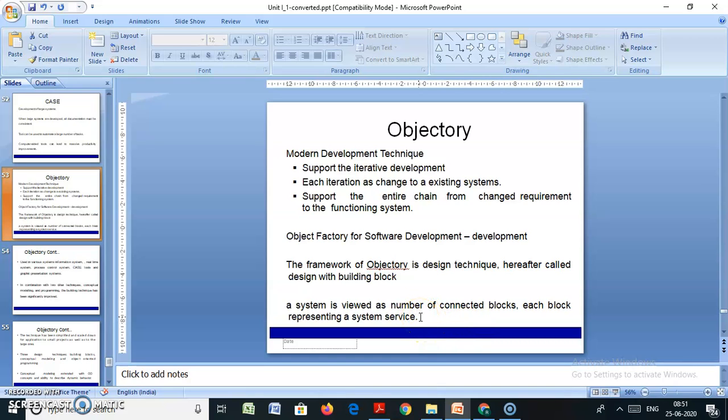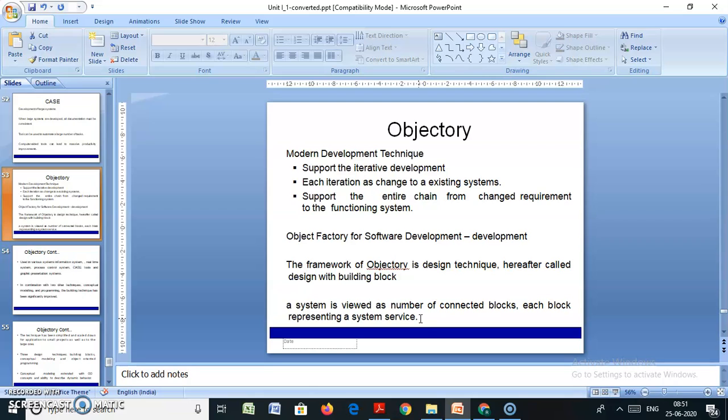We can specify all the requirements, that is, functional requirements and non-functional requirements, in the initial stage. The functional requirements are implemented in the next phases, that means they provide the system services. Each building block consists of various service packages.